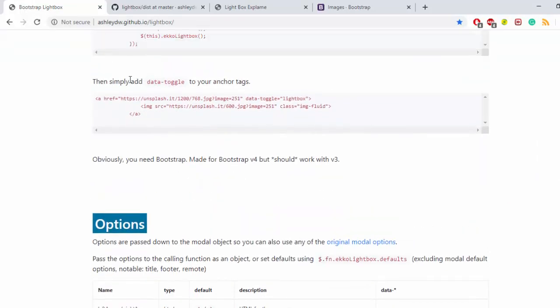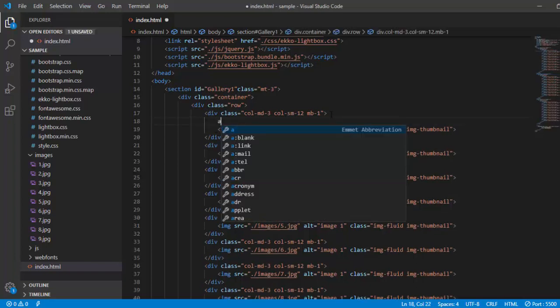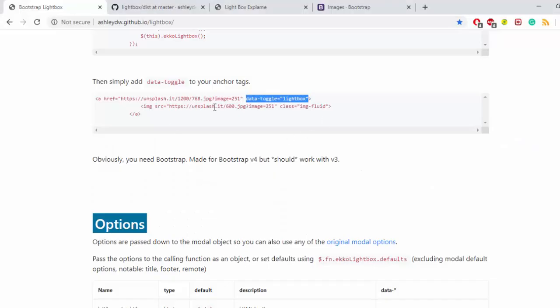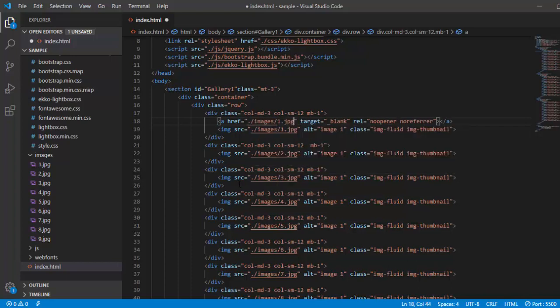For the very first part we have this A tag with the data toggle lightbox, right? So here you go with the A tag, A with link. This link is nothing but images and 1 JPG, right?